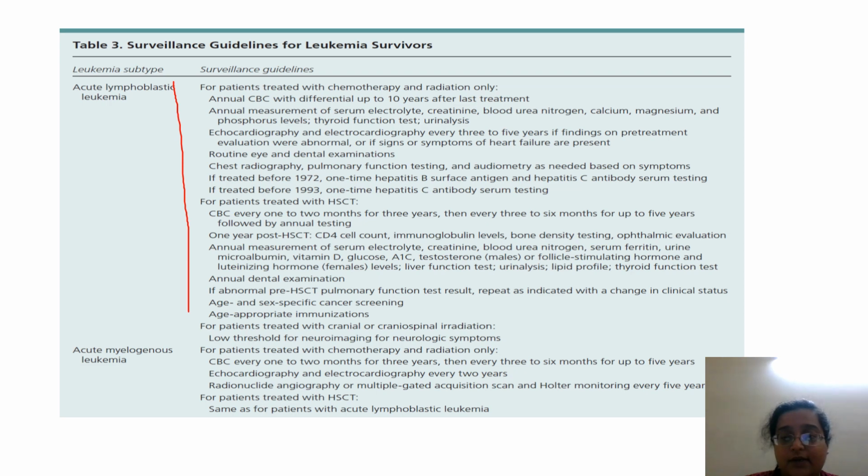AML वैसे तो बहुत अच्छा सर्वाइवल नहीं है इसका, but there are lots and lots NCCN के guidelines हैं. You all can go and read if you're interested. There are number of therapies for cases of AML, because AML sometimes comes with MDS also. So there's decitabine and azacitidine, and then there are other therapy modalities also which you can read. The protocol for ALL is BFM 95. Then lymphomas come. There's a SMILE protocol for NKT cell lymphomas. Then ABVD is there for Hodgkin's lymphoma. So there are multiple treatment protocols for different leukemias which you need to go ahead and read.